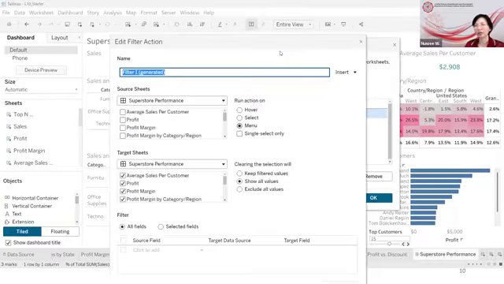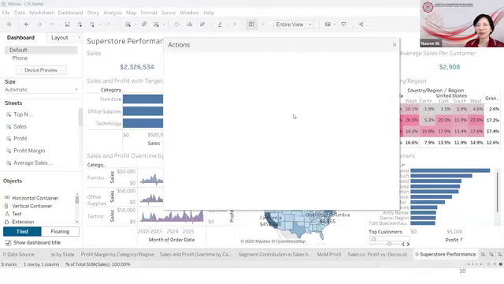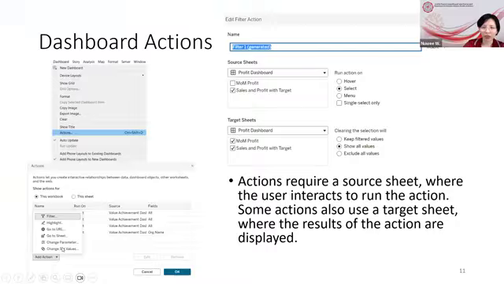ครูเชงเป็น select ส่วนใหญ่ select เนี่ยจะ work นะคะ กดโอเคนะคะ ทีนี้ there are some other type of action เนาะ these are the type of action that you can add to your dashboard นะคะ filter พูดไปแล้วนะคะ